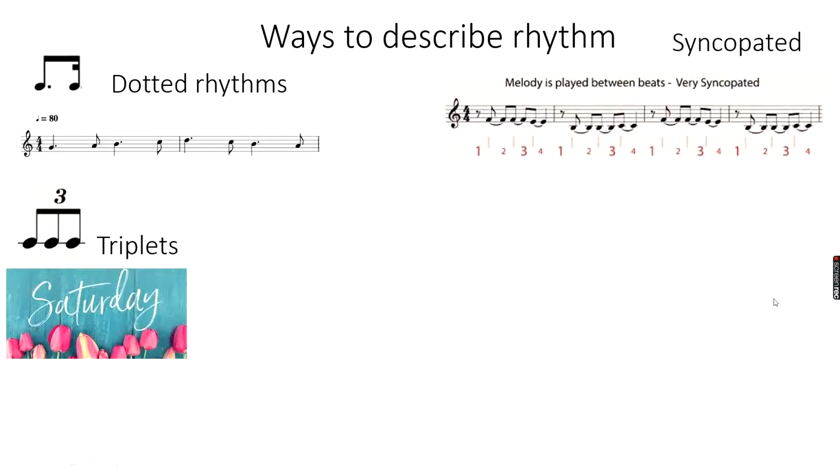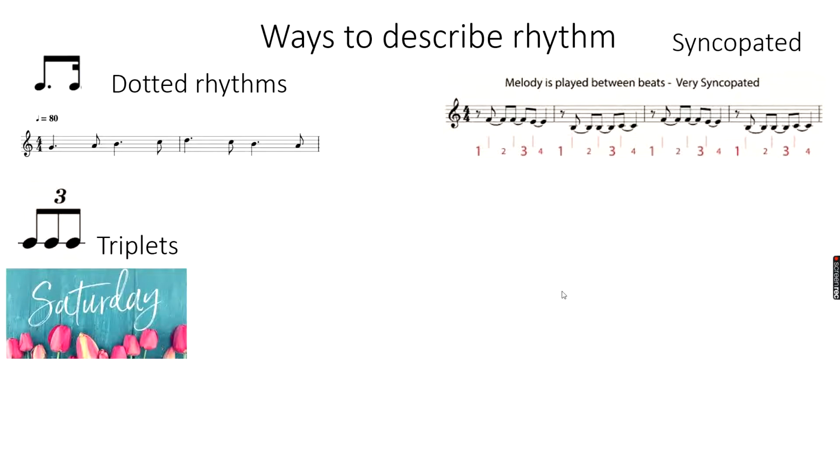Something that relates to pulse, this greatly relates to pulse, is syncopation or syncopated rhythms. So if you remember me talking about pulses, every piece of music has a pulse. And in this case, it's 4/4. So 4 beats or 4 pulses. 1, 2, 3, 4. Now what happens here is the rhythm is not on that pulse, it's not on that beat. So it's actually falling off beat.